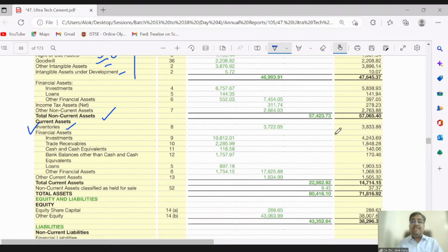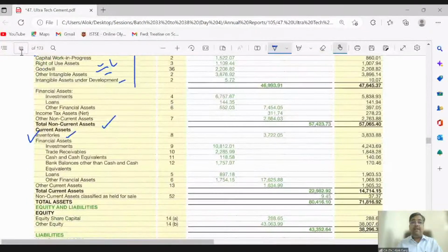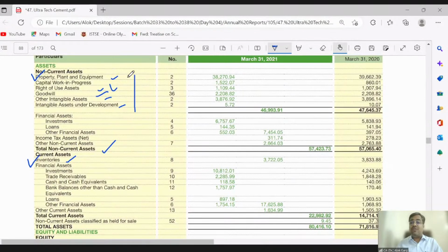Earlier, these factories and buildings were shown under non-current assets, property, plant and equipment. But whenever they decide to sell and some conditions are met, and we will be discussing those conditions later, if they have decided to sell and the conditions for held for sale are met, in that case those